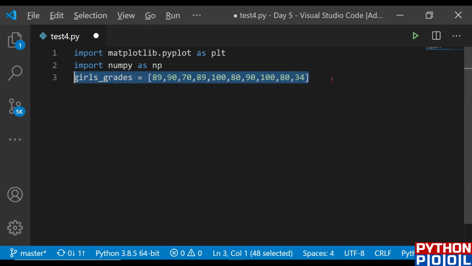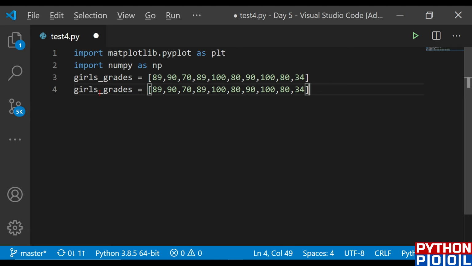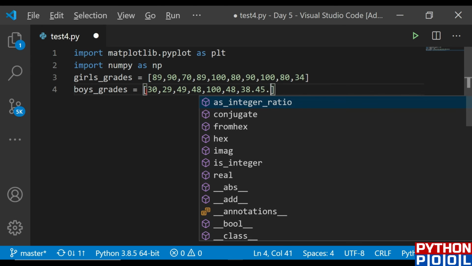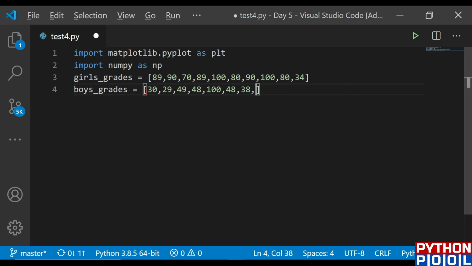So copy this, paste it once again, and let me replace it with boys, and let me replace the data also. I have another set for the boys' data, that is 30, 29. These are the marks data up to 100, from 100, sorry. Okay, 49, 48, 100, 48, 38, 45, 45 and 20 and 30.